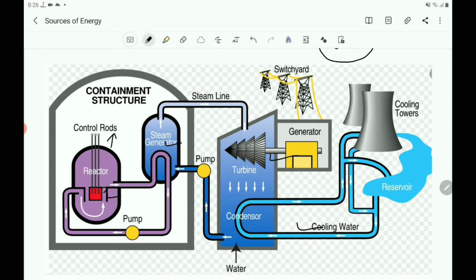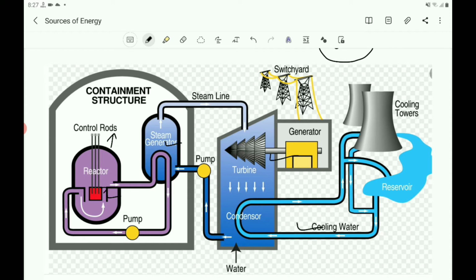Typically, more than 200 of these rods are bundled together to form a fuel assembly. A reactor core is typically made up of a couple hundred assemblies depending on power level. Inside the reactor vessel, the fuel rods are immersed in water, which acts as both coolant and moderator. Otherwise, you can use graphite also. So the moderator helps to slow down the neutrons produced by the fission to sustain the chain reaction.